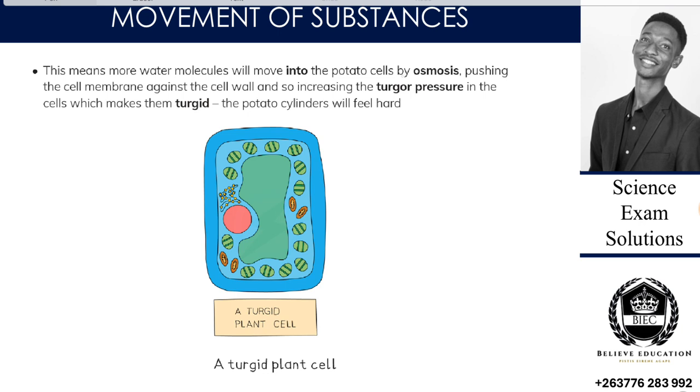Water to move into the potato, pushing the membrane against the wall and also increasing the turgor pressure in the cells and making them what? Turgid. So it's also said that if osmosis takes place, then you find out that